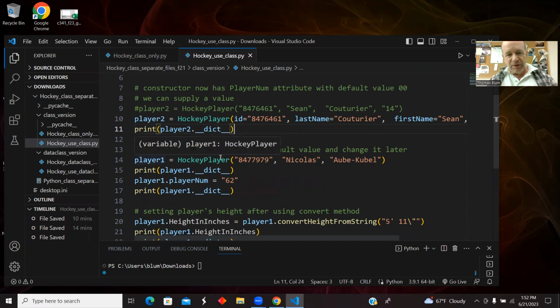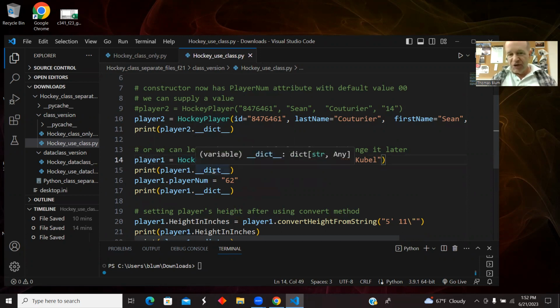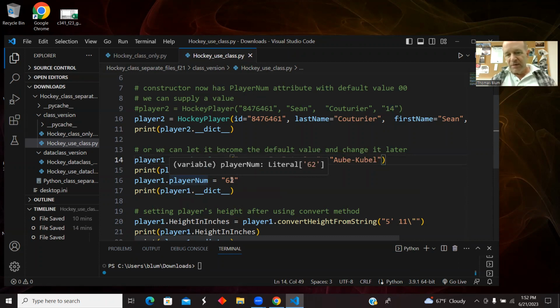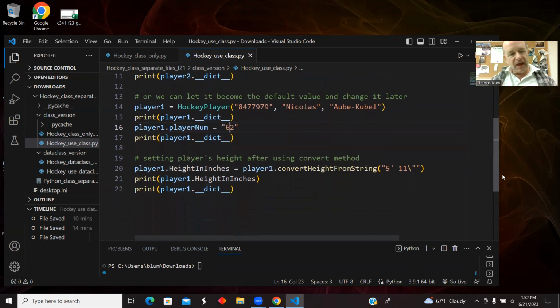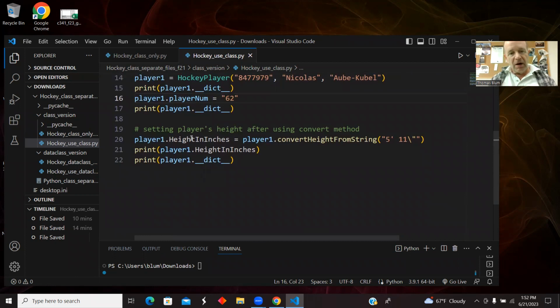Now I'm playing down here with the second hockey player that I'm making, or player 1, maybe it's the first. I'm putting in the ID, the first name, the last name, and going to show you the dictionary, and it will have the player number, but it will have the default value of 00, and then I will assign the player number to 62, and then put it back in. And then I am going to use my convert height from string method. So I'm going to take this guy who's 5'11",